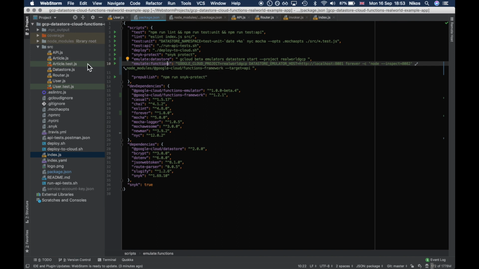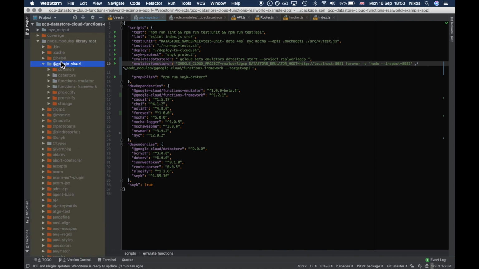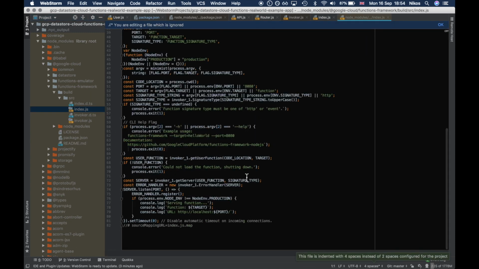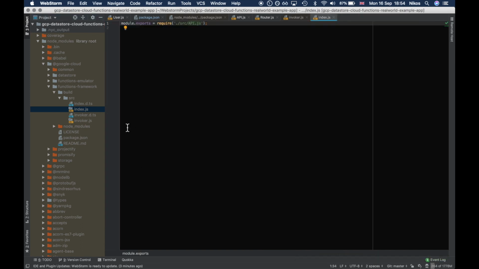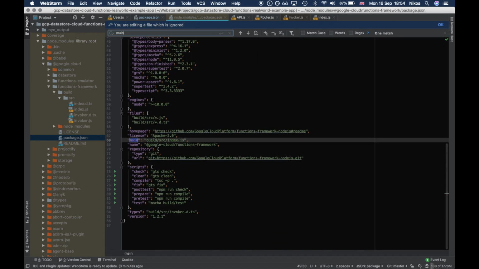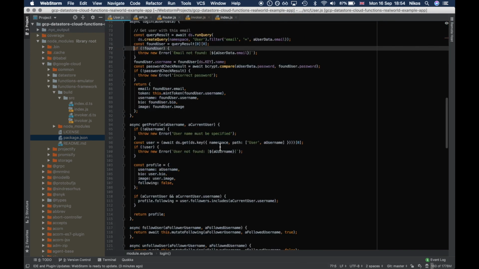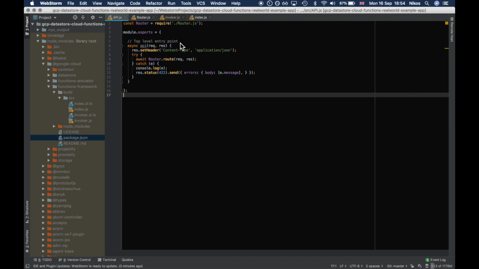So the functions framework, if we just go into node modules here and go to @google-cloud/functions-framework, in here there's a build, source, and index.js file, and this is what does all the stuff that goes on in the background. And this path here, build, source, index, is specified in the package.json with the main reference, like that. Okay, so in order to debug in WebStorm, we can go to debug run configurations,